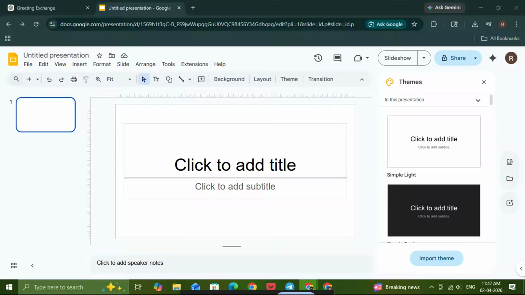If you want to use ChatGPT 4 in Google Slides, this tutorial is going to walk you through the process step by step in a simple and easy way. This is a great setup if you want to save time, create better presentations, and bring AI into your workflow